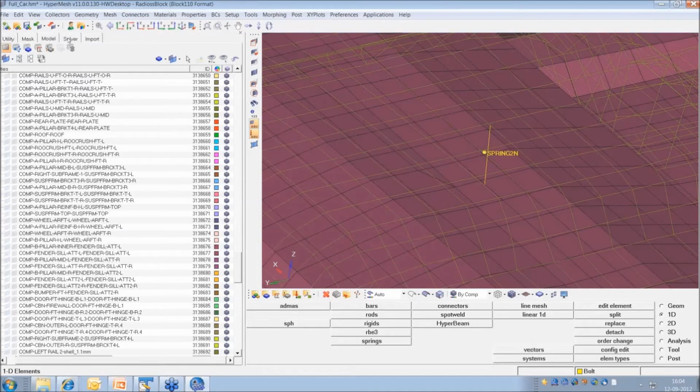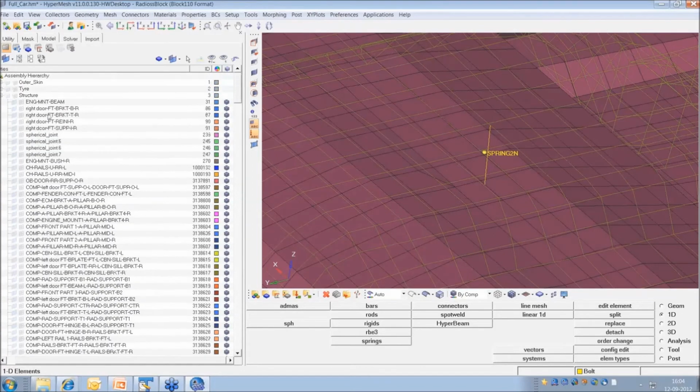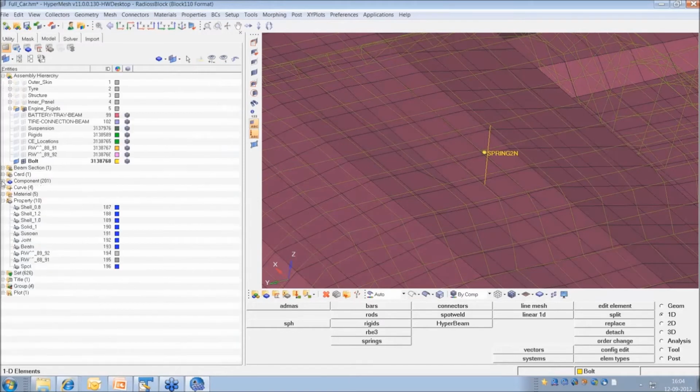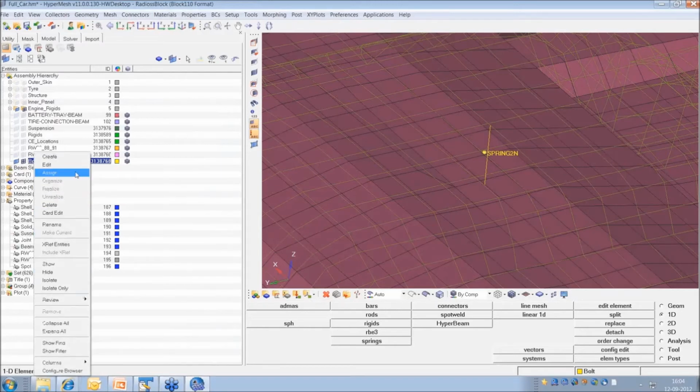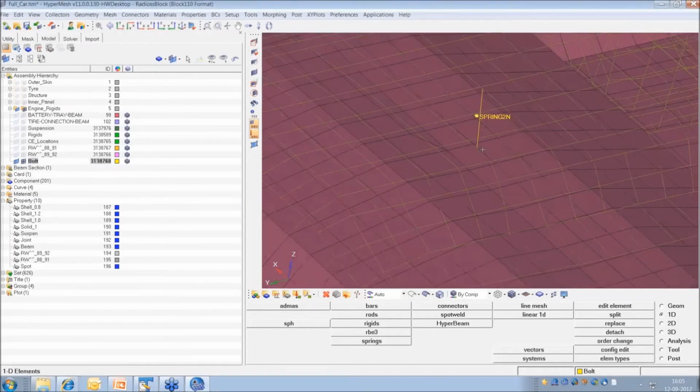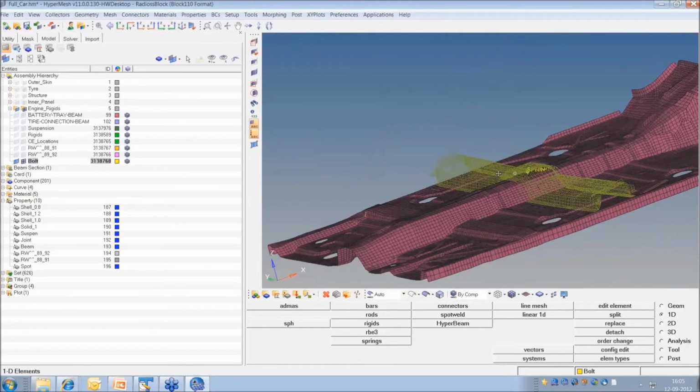Since for this part I have used a HighStiff property, the same property I can use for the bolt as well. So bolt, assign, property. I'll take the same one I created for the spot weld, apply. Okay, so now I have a bolt here.